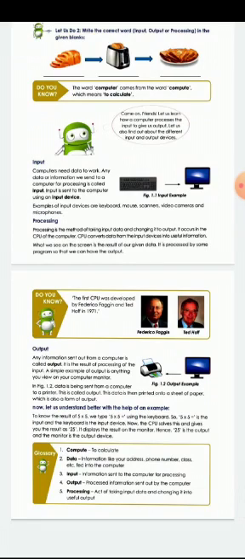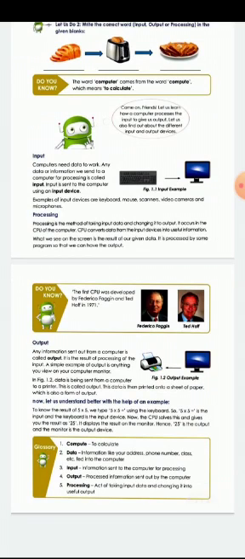Processing means it is a task performed by a computer in the CPU. CPU means Central Processing Unit. In that unit, this processing will be done. Here, it will perform an action: it will take the input, work on it, and give a meaningful output. Okay, this is called processing. Taking input and changing it into output is called processing. Here in the CPU this will be done.